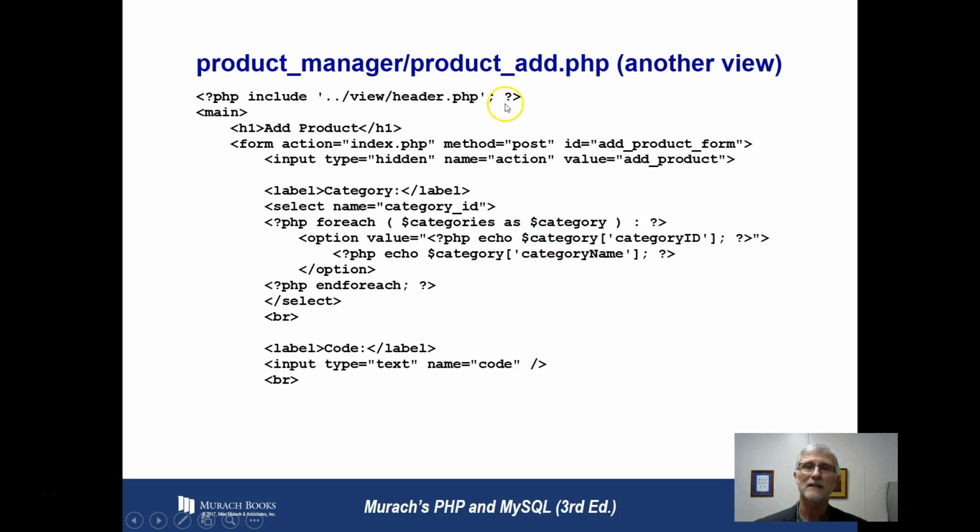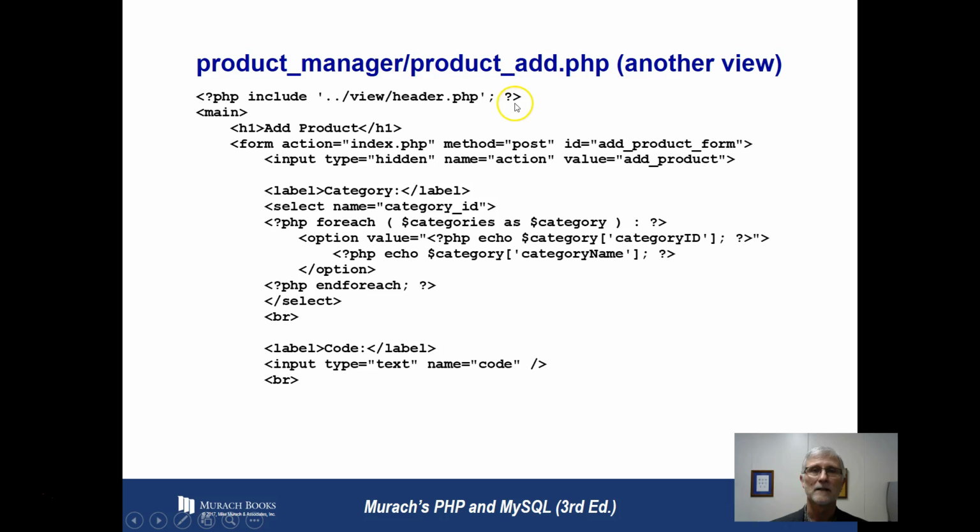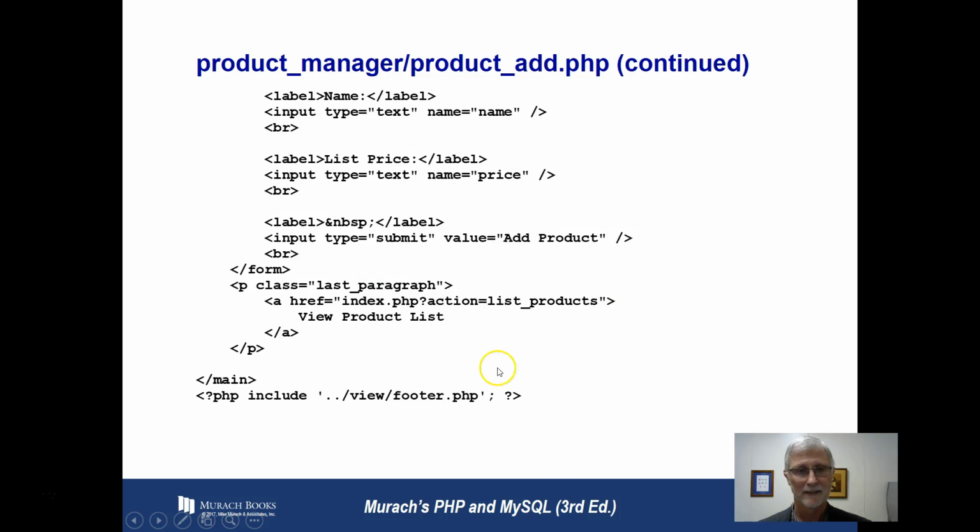Just another view in case I'm still adding a product. So this one was product list. Here's my product add. I'm calling my header. Here's my add product. Give me my action. I'm going to check my category ID, do some error checking on it, gather all of my information, and pass that information on, and then call my header. So